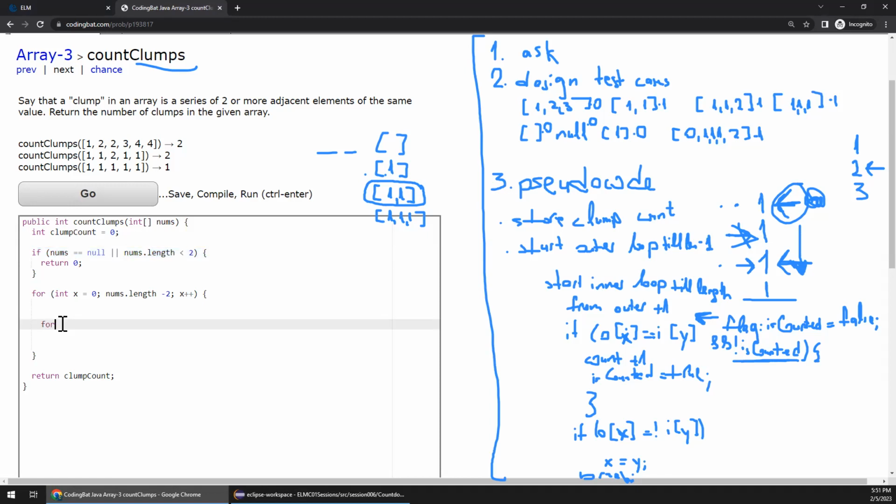Let's look into our inner loop. For int y is equal to, we don't need to start from 0, right? We said we will start the inner loop from outer +1. So x + 1. Perfect. Y will also go till nums length -1. Okay, but give me a second. Let me think. Nums length -1, it will go until there. Actually, I made a mistake. This should be -1 because we are having